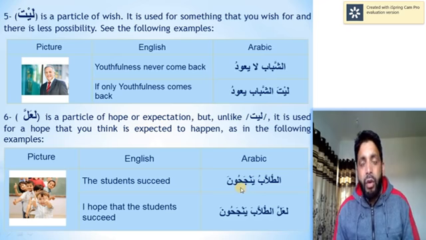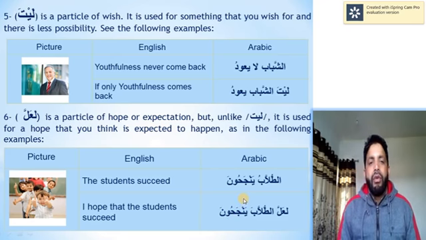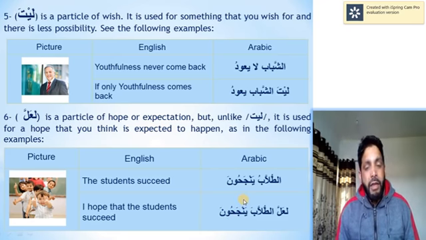For example, at-tullabu yanjahun, the students succeed. But when I use la'alla at-tullaba yanjahun, it means I hope the students succeed. So la'alla is a particle of hope and expectation, though grammatically it functions the same. You see, la'alla is